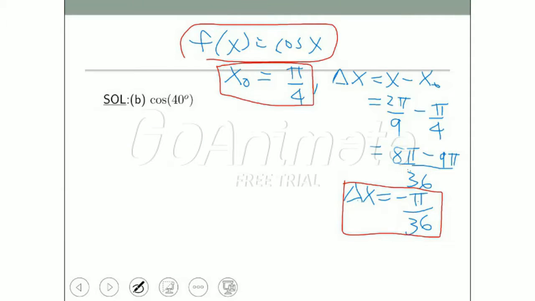So the linear approximation of cos at 45 degrees is going to be f of x naught plus f prime of x naught times change in x. So we have cos of pi over 4,